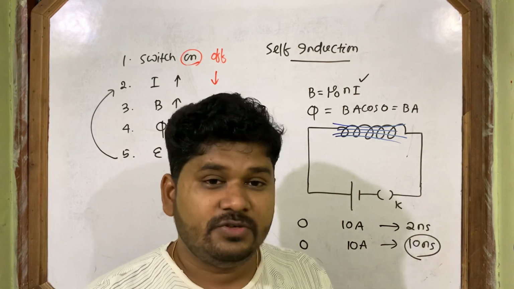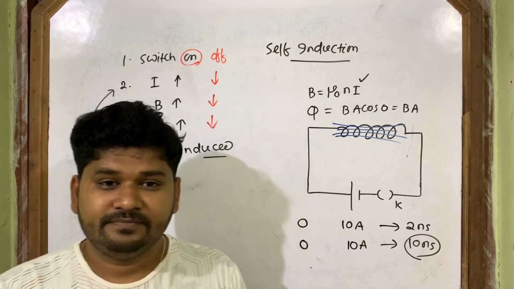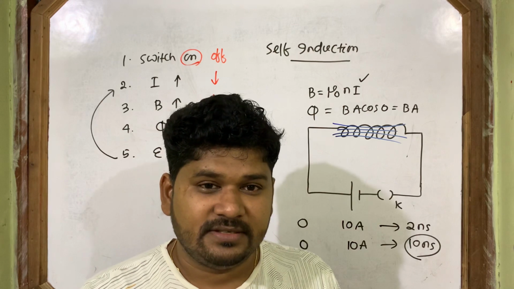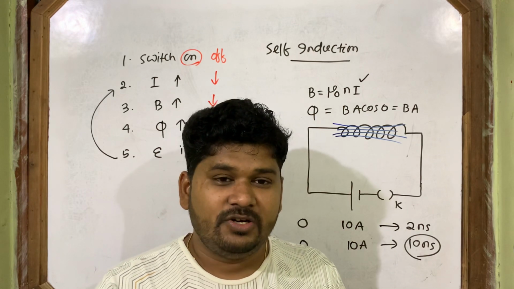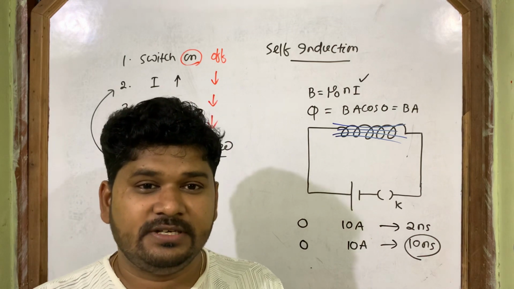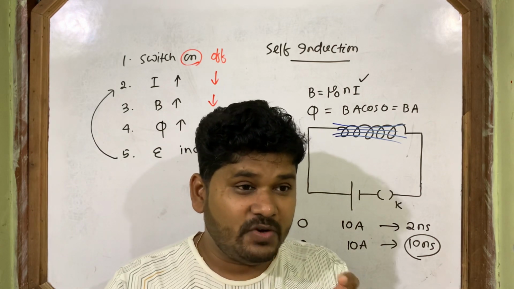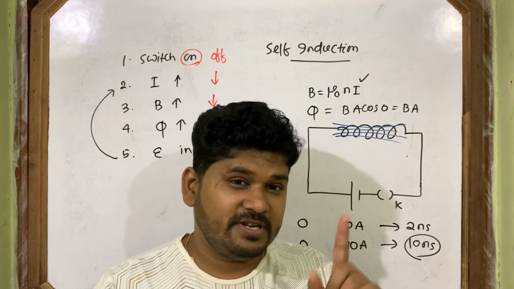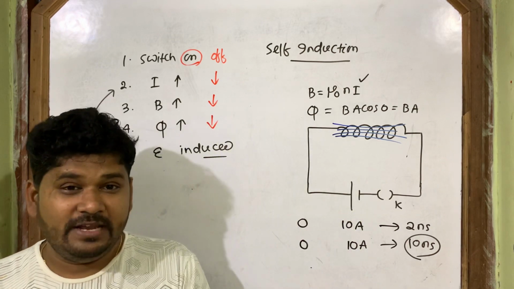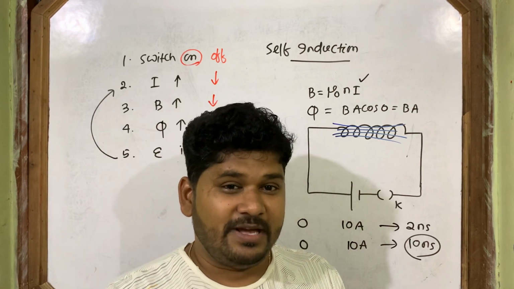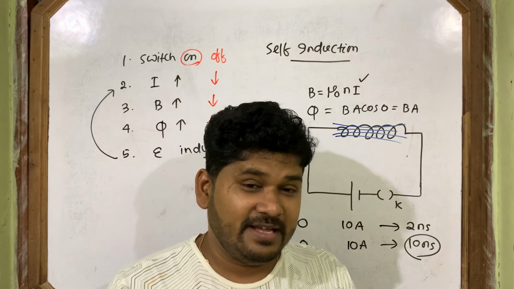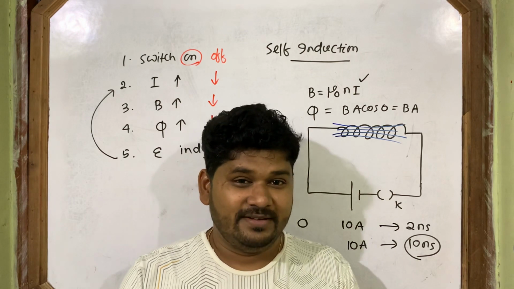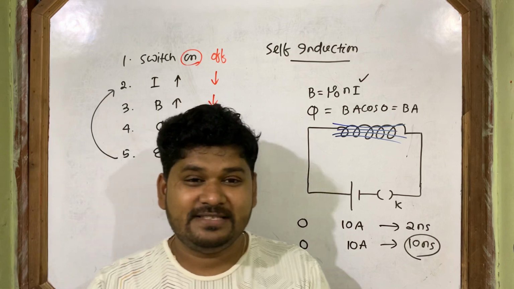The coil doesn't want the current to increase or decrease. Don't want means unwillingness. The coil has an unwillingness to change the current which passes through it. Have you heard of any unwillingness type of property in class 11th? Just recall class 11th, the motion chapter. You are correct if you are thinking the answer is inertia.